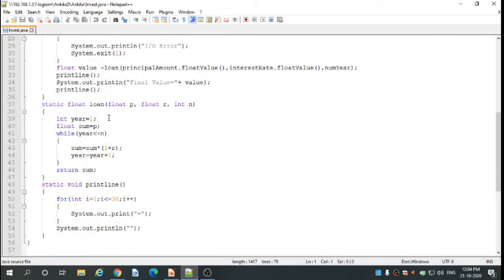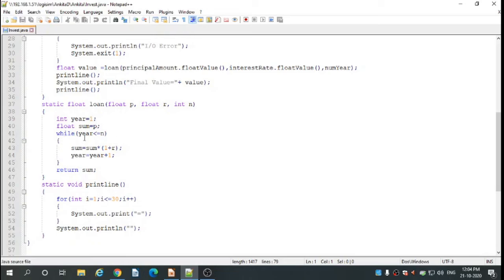Then static float loan, which has arguments float p, float r and int n. Inside the loan method we have declared the variable year in integer type and set the value equal to 1. Then float sum equal to p. After that comes the while loop.